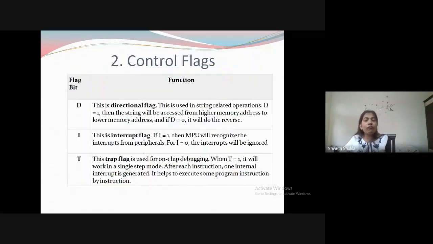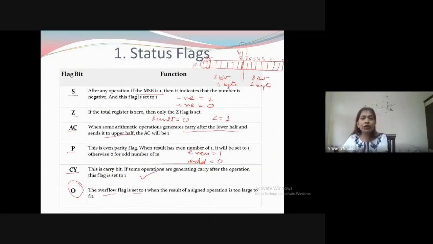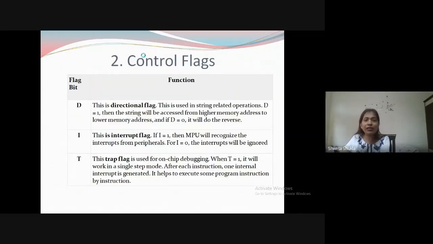Next is control flag. Now these are the 3 control flags introduced in 8086 microprocessor, other than overflow flag, which is a status flag. Remember one thing I would like to tell you here, which I skipped. Condition flag and status flag are one and the same thing. So if we are talking about status flag, it also means condition flag, and at some places you can find it as status, and at some places as condition flags. So remember, these are one and the same thing.